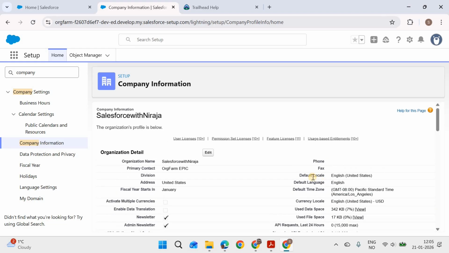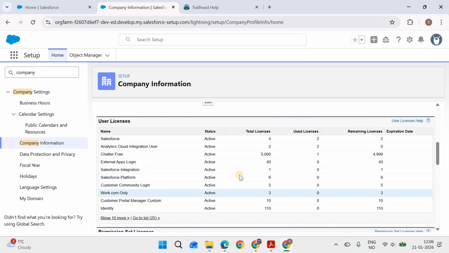Now what does locale mean? Locale refers to language, number and date formats, and the regional settings. Okay. If you scroll further down,